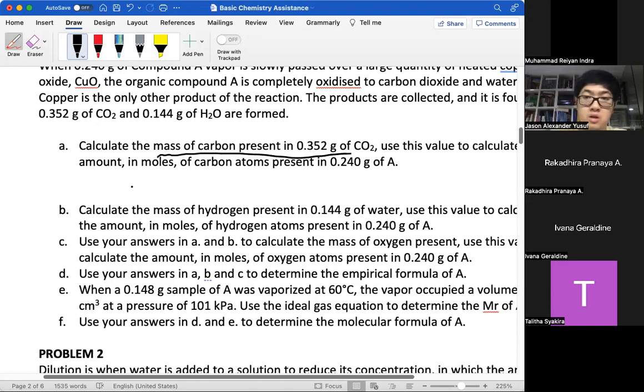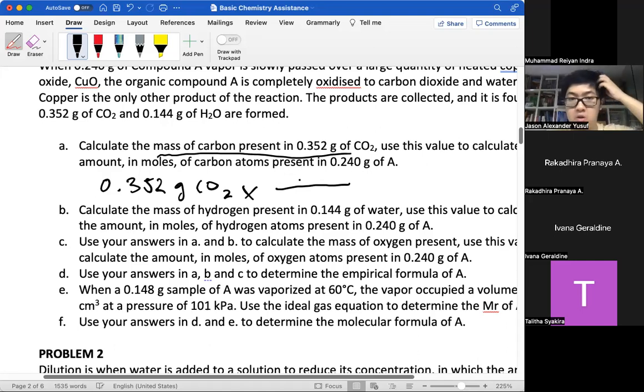So what you have to do is take the mass and then we perform the ratio analysis, where we multiply the mass with the AR value and the MR value of CO2. Let me give you the data first. AR of H is 1, AR of C is 12,